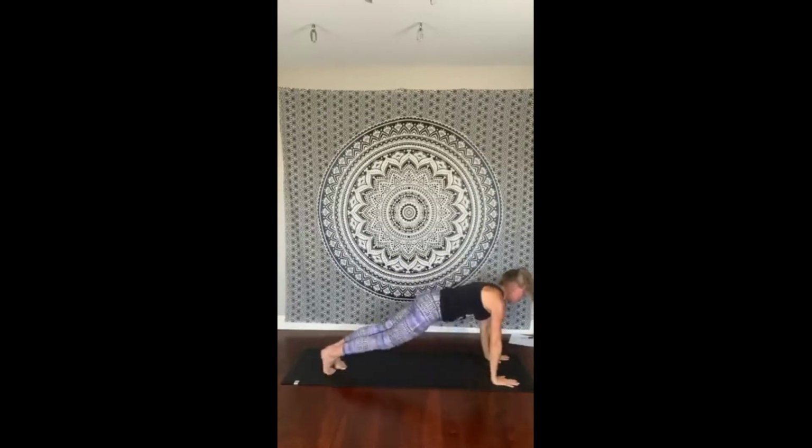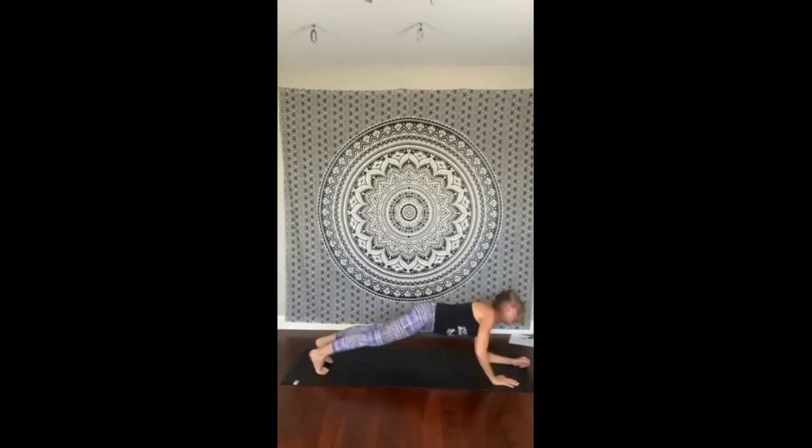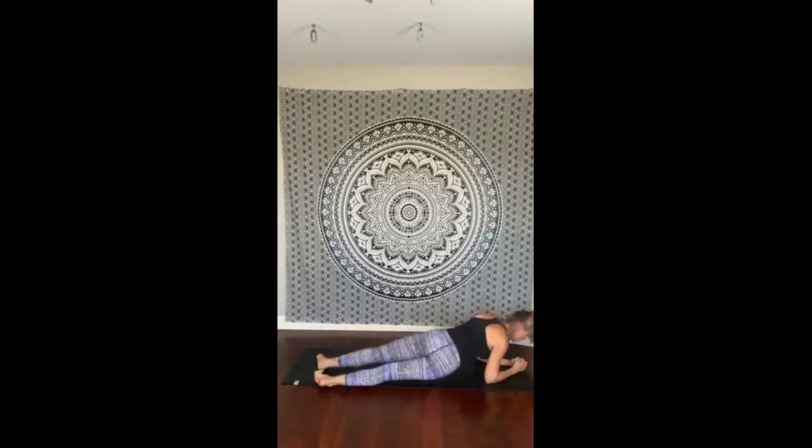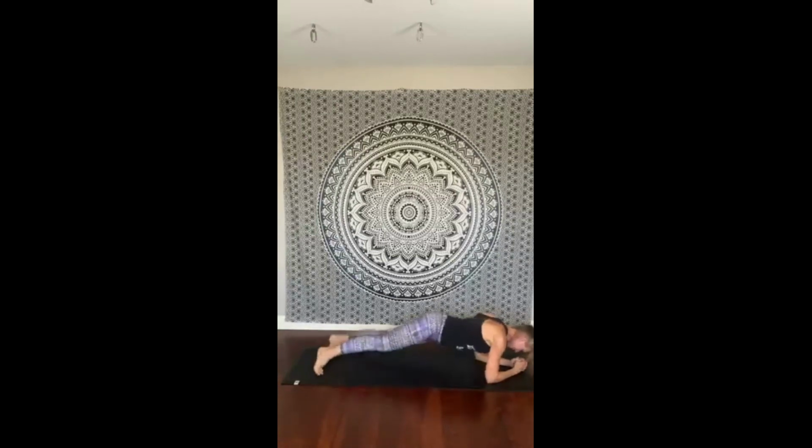our plank. Bring elbows to the mat, and we're going to do low plank, and we're going to drop hips right and left, so feet hip width. Drop your hips to the right and to the left, and breathe. Good. You're here for 6. Working those obliques. 5,